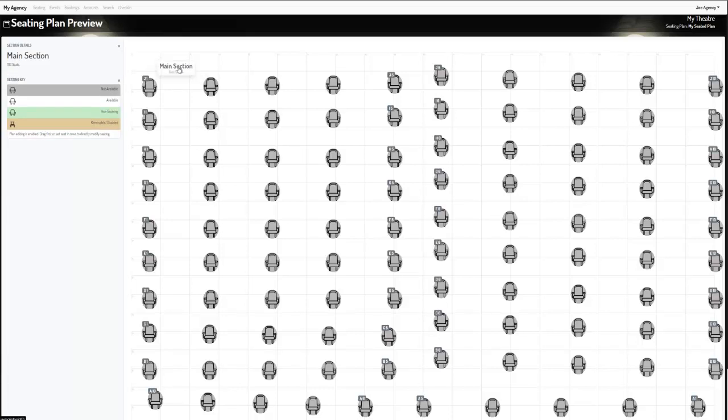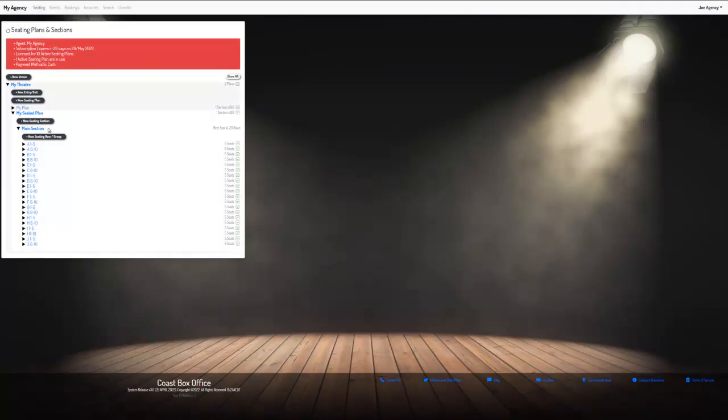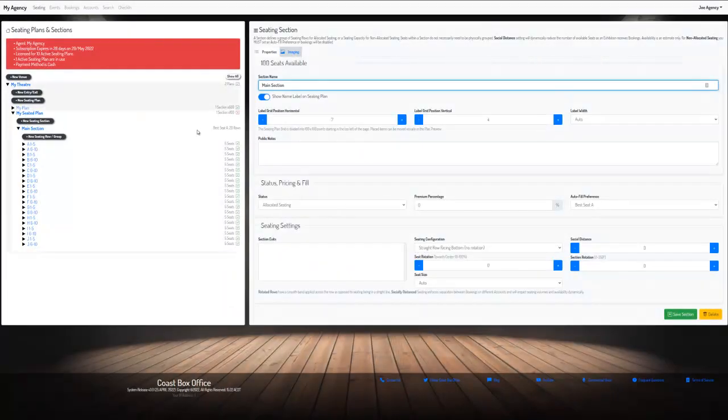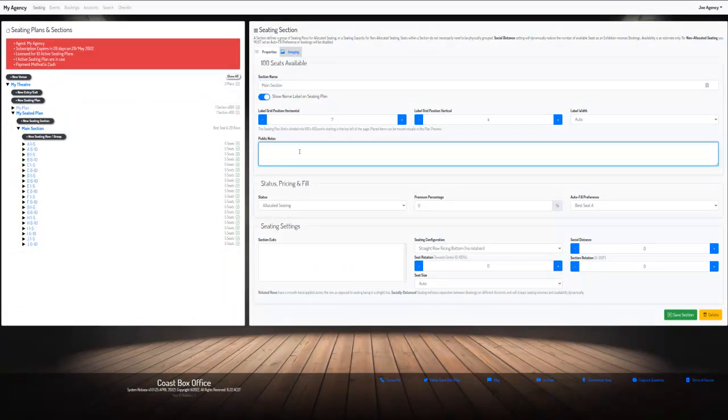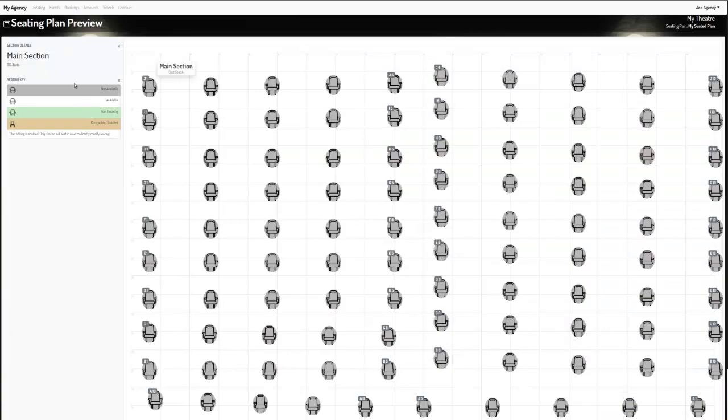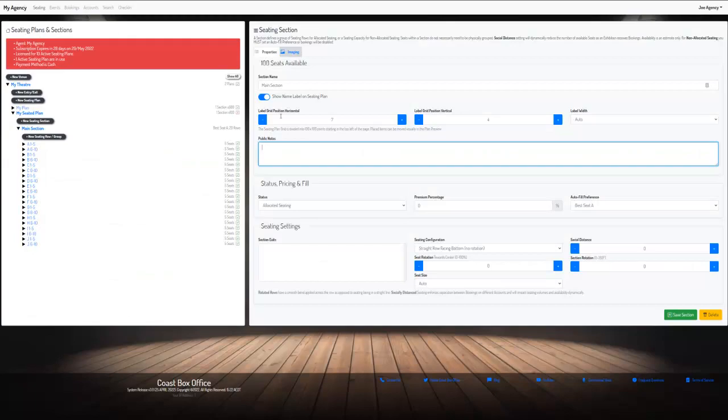So we can move that around. That's the section label that shows, and this is our best seat A section. What else can we do? We can put some public notes on that section, and those notes will appear up in here when we do it. So let's just put, this is the best section,